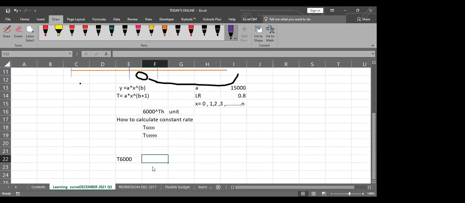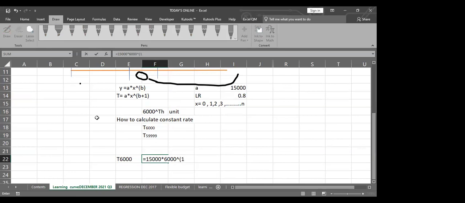To calculate this, we already said that we have A. A is 15,000. So multiply by the number of units. The number of units being produced there, X is 6,000. That's why I said it is 6,000. Raised to